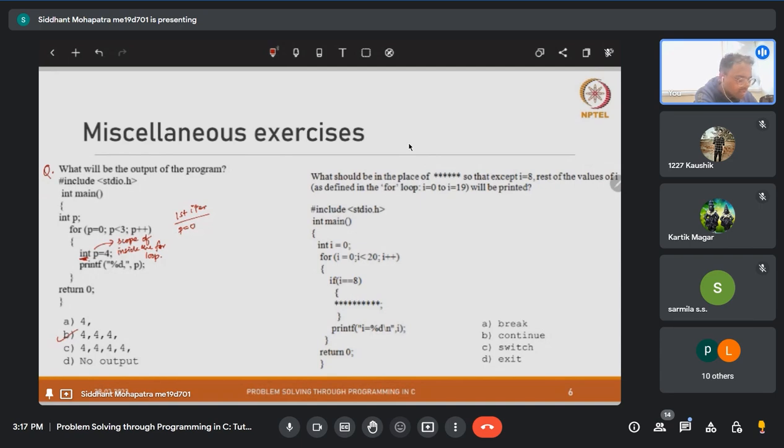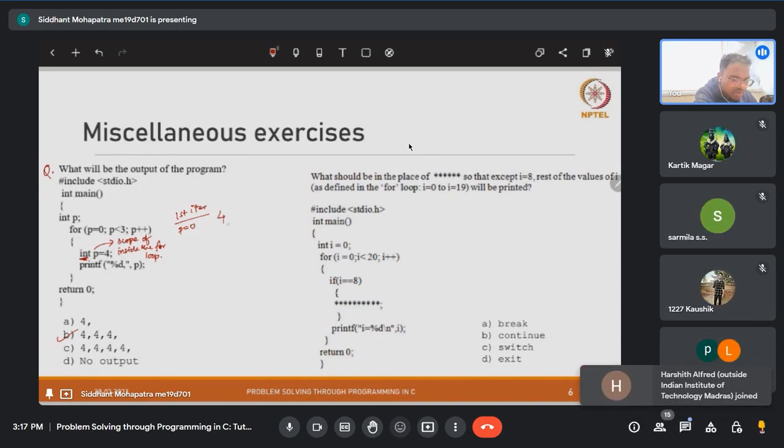Okay, so that is why you get 4 printed once. And then the p value, p meaning the iterator p, becomes p plus plus. That means p becomes 1. It checks the condition p less than 3: true. It goes and executes the second iteration,